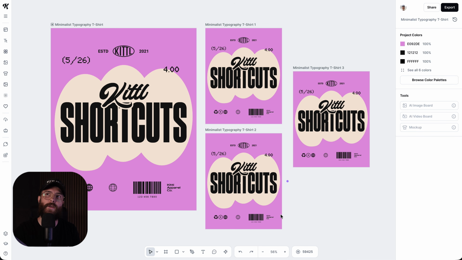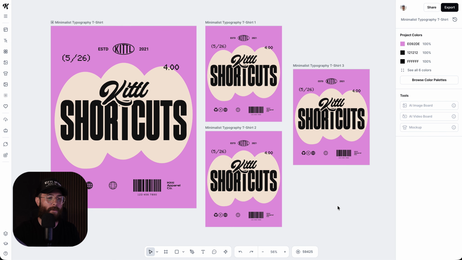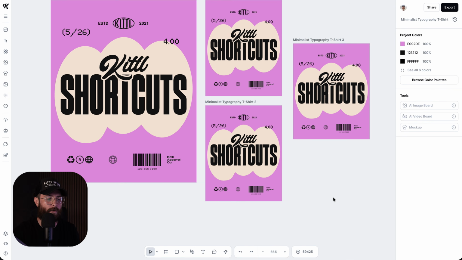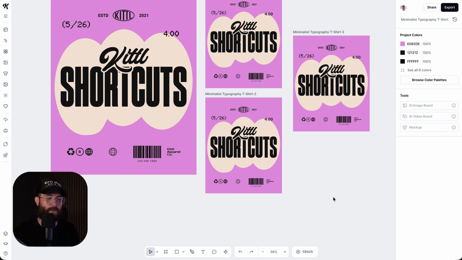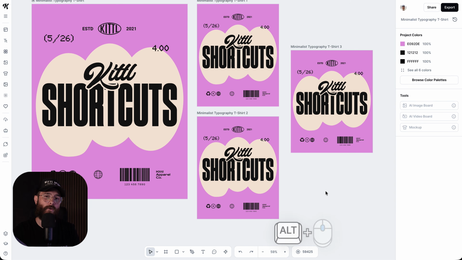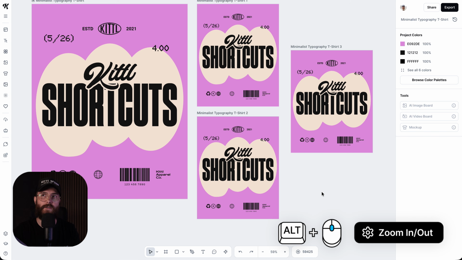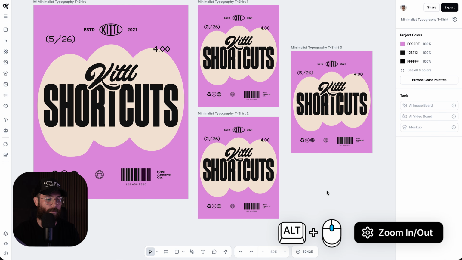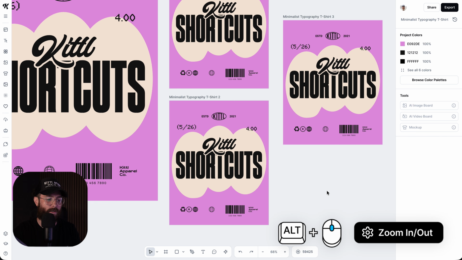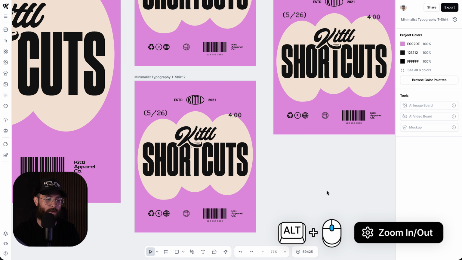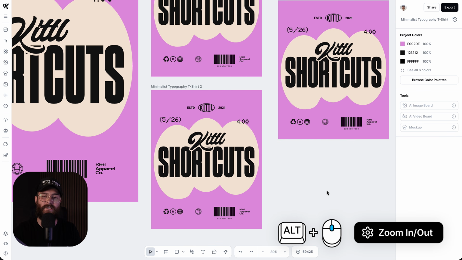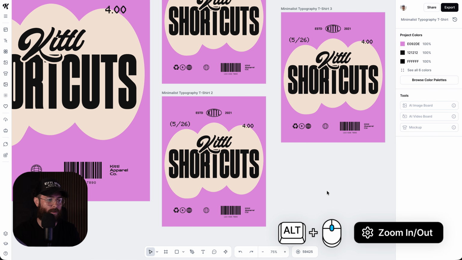Now, to do that with a scroll wheel, obviously if I have my mouse right here and I'm moving it around, the scroll will simply just scroll up and down. But if I hold down the Alt or the Option key and then use this top scroll wheel, it will become the zoom. And the same way, you can see right here, 68, 72, 77, it's a much more specific and much more robust zoom that you can use. But for most people, probably the plus and minus is going to help you the most, or if you have a computer with any kind of trackpad, that pinching in and out is going to get you to the zoom